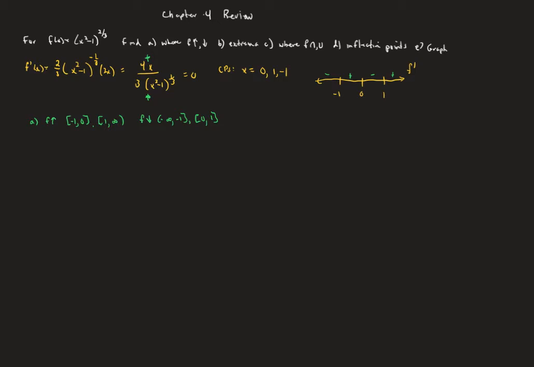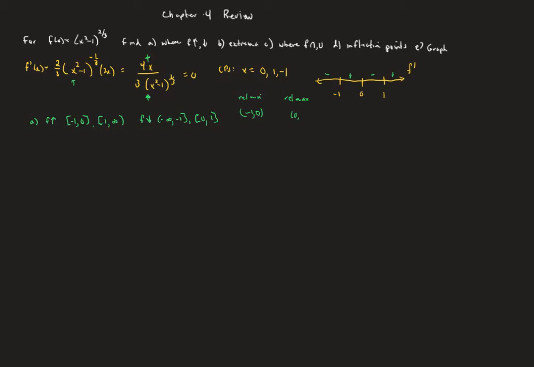So then I guess we might as well find out where we have these. It didn't ask for it, but we do need extremas, so let's get that. So we see that at negative 1, the derivative goes from negative to positive, so that's going to be a relative minimum, and we plug this back into the original. When you plug negative 1 into the original, that's going to become 0. And at 0, we're going to have a relative maximum because our derivative goes from positive to negative. So at 0, we're going to get 0 squared is 0, minus 1 is negative 1, cube root of,